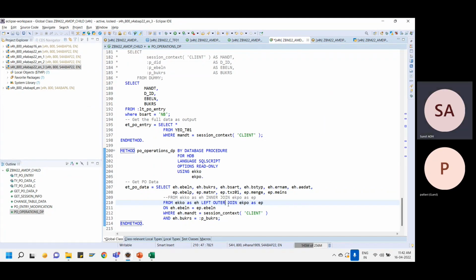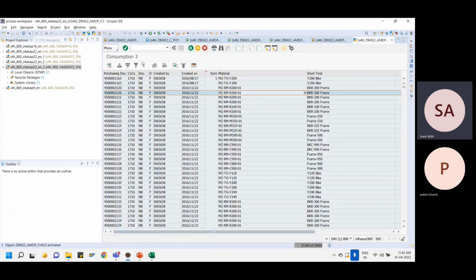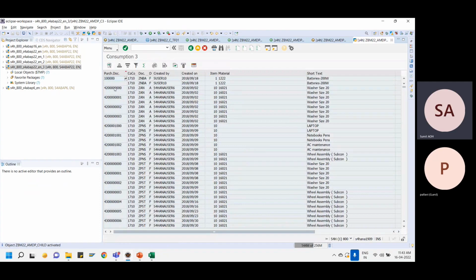So for example, I can say EKKO and EKPO are connected with a left outer join, but this left outer join can be one to many. So I can say I have a left outer join which is one to many. For one record of the left hand side, there can be one to many records available in EKPO. Okay, and that is something we can define. So if I say I do have a set of records over here for, let's say,